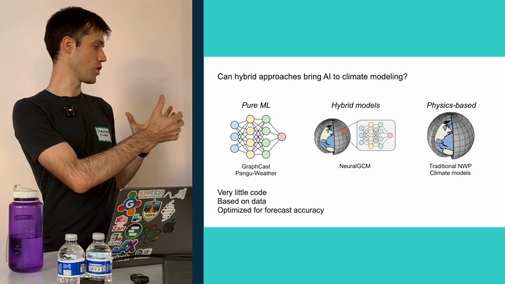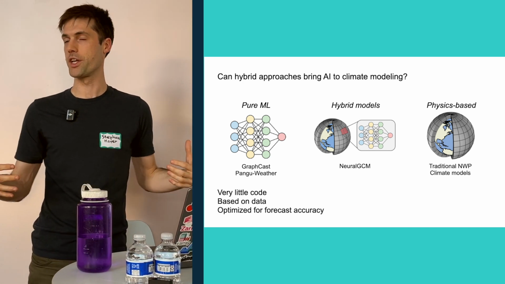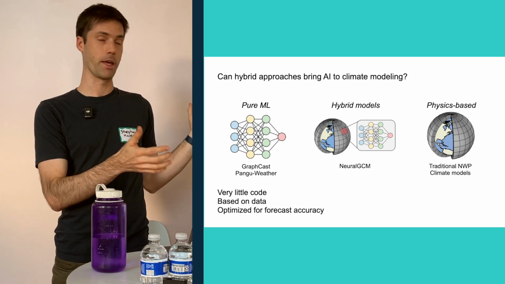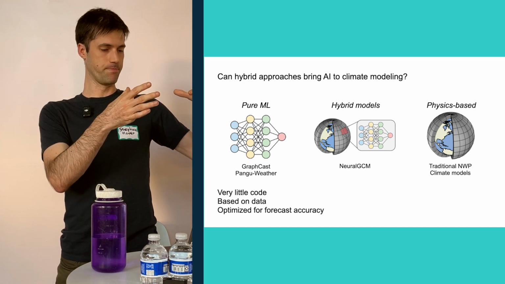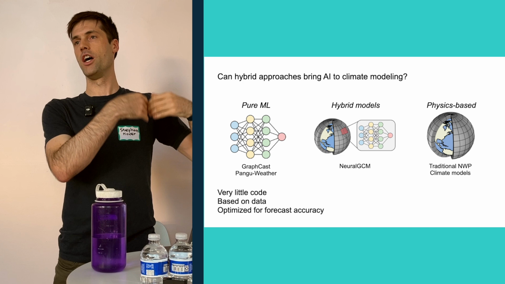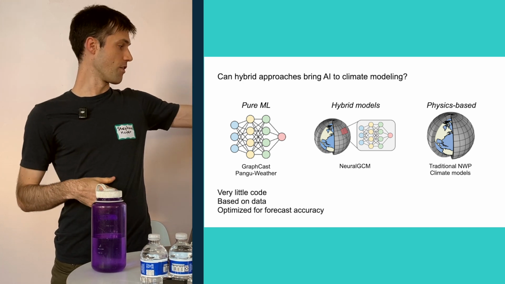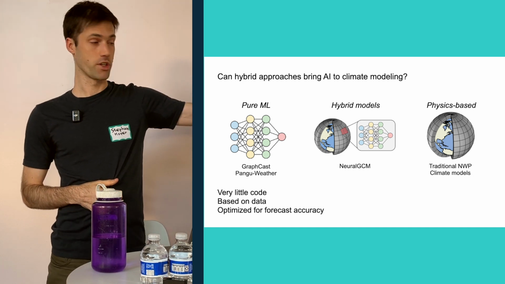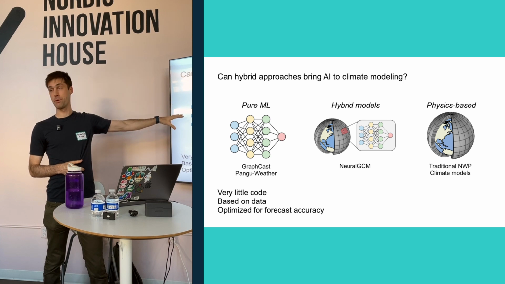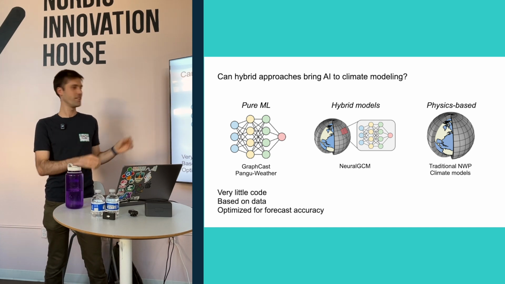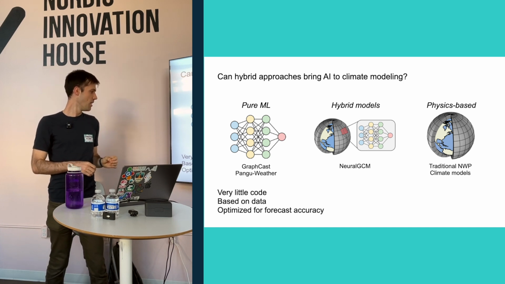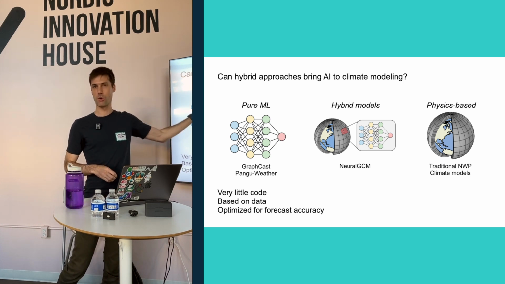That's because they're trained on huge archives of historical weather data. Literally petabytes of historical weather data have gone into these detailed reconstructions of past weather that are available to train these machine learning models. That means the teams that built these models didn't have to know a lot about physics. All they had to do was get the data and know how to do the deep learning stuff, which is maybe not easy, but doable. And they directly optimized to make accurate weather forecasts.